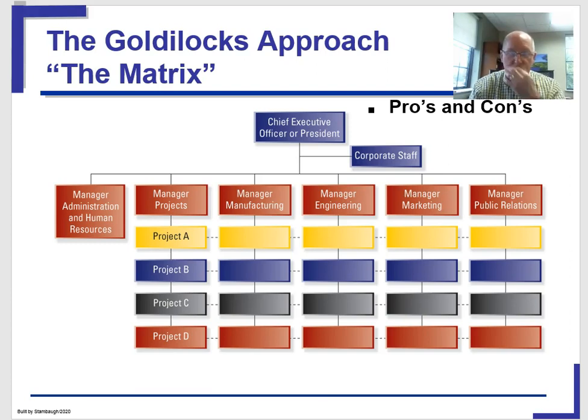So what this is a desire to do is, for example, to take the low cost nature of the functional structure, but build some communication into it to get more out of it. The problem is that often accountability gets muddled in this approach. We're going to talk about adapting these organizations and look at some real world applications in the next video.